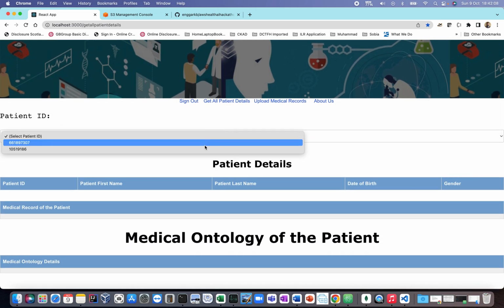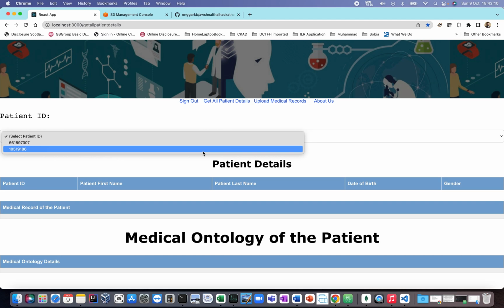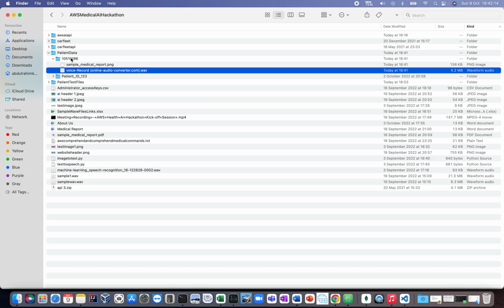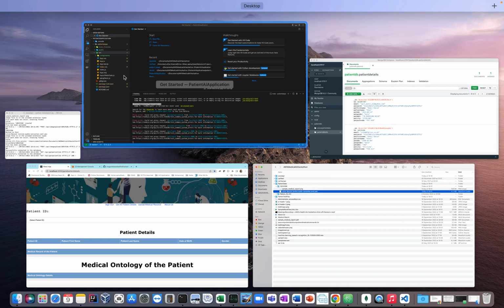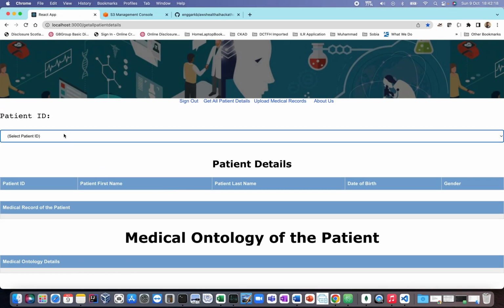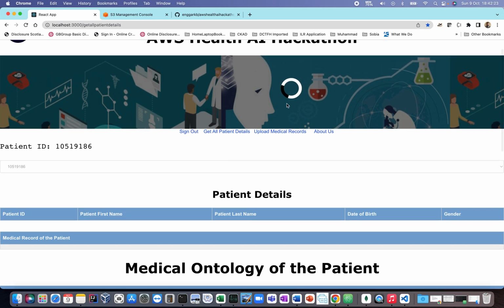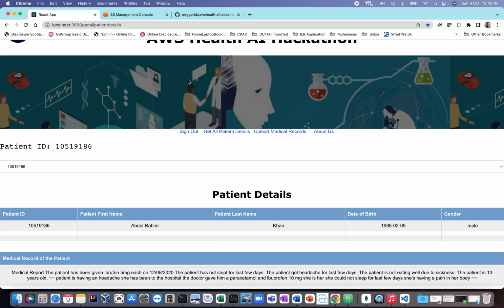We're going to choose the patient, which is 10519. We can double check that, which is this patient here. So we're going to choose that patient. And now the spinner starts. What the spinner will do is convert both the image and the voice file into text, and then upload onto